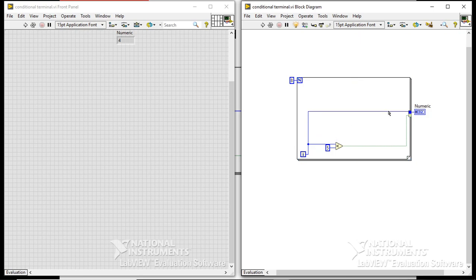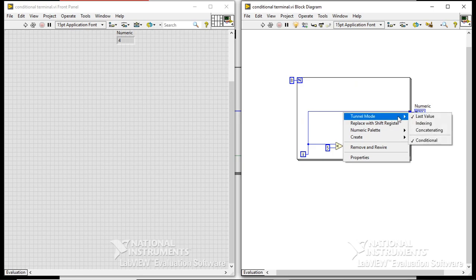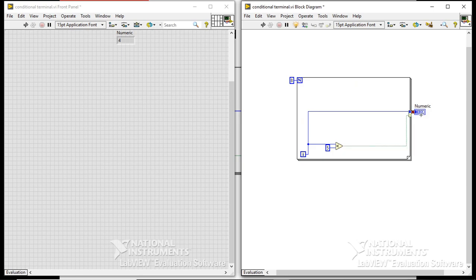Take a wire, just right click on this tunnel mode. If you enable indexing, there will be an array output.